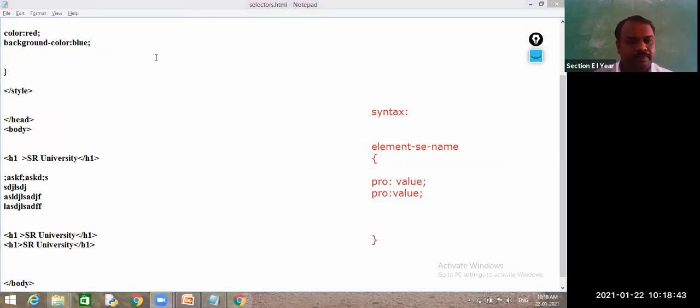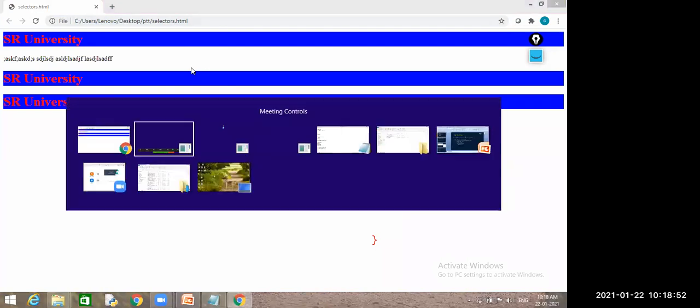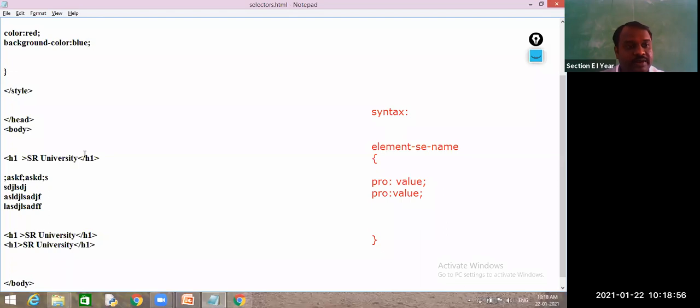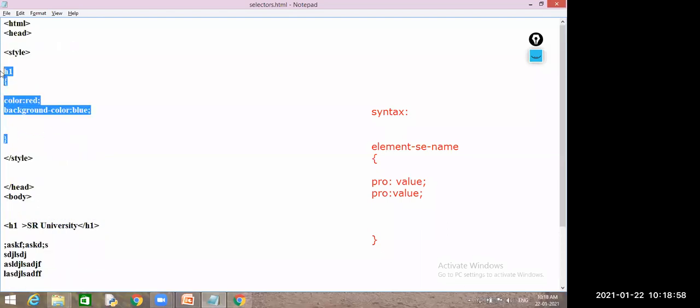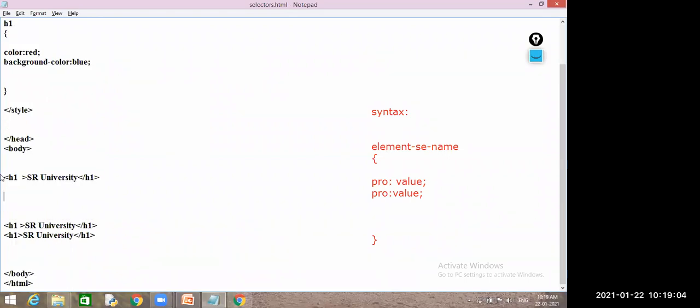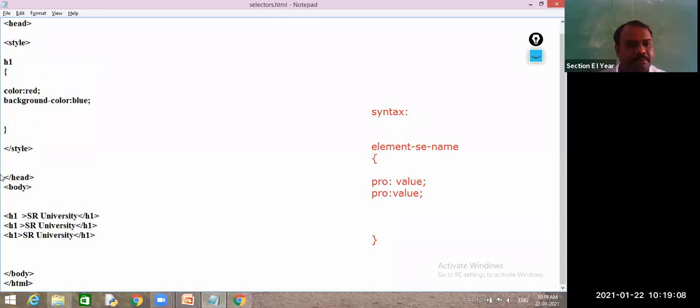Green to blue. Now we will check whether it will apply or not. Yes, it has changed. So how many times have you used these properties? Only one time. One time you have written, but it is applied 3 times. Is it applied only 3 times? Multiple times, sir. Very good. It will apply multiple times.